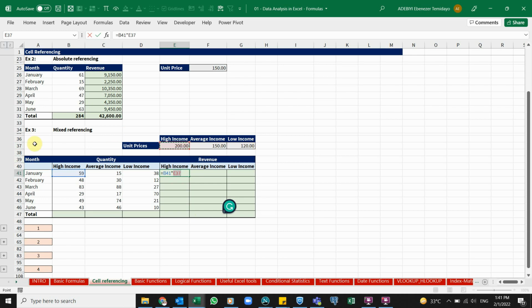Yes, I do. I want it to move from high income to average income, then to low income. So this means I need to freeze just the row, but leave the column relative, which means I have to freeze the number and make sure that the letter is relative. So I press F4 once. This freezes both the number, both the column and the row. That's not what I want. I press F4 again, and now I can see